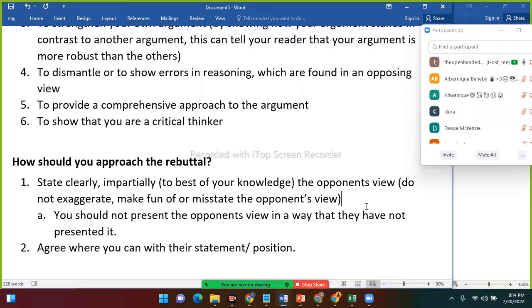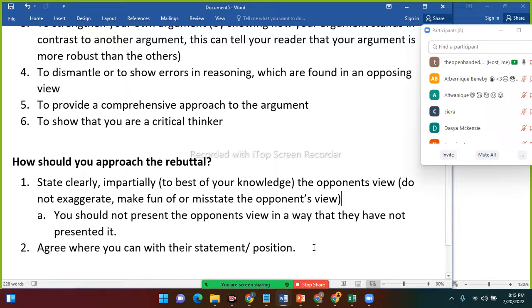But after you finish agreeing where you can, of course, you're not going to fully agree, because if you agree with them fully, you can't go on to show that they're saying something that is nonsense. So what you must do, you must agree where you can. Say, you know what? I agree with this in a sense, but here's where I disagree. But if you don't agree with them at all, then you can't really agree with them at any point, at any level. But they have to be saying something that you could at least agree with, or show some sort of